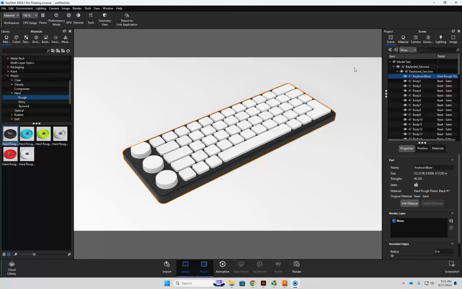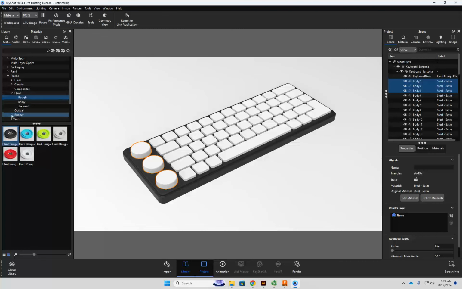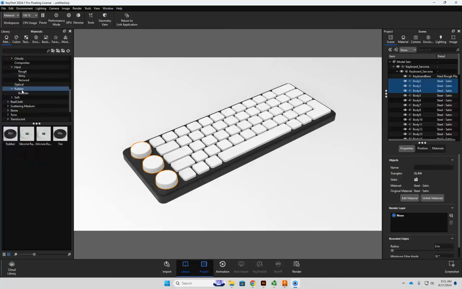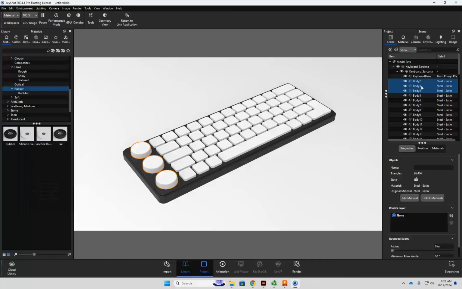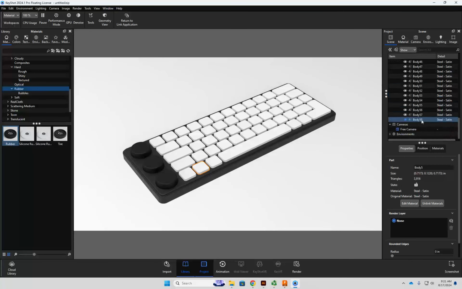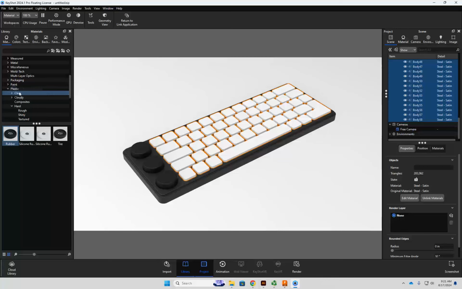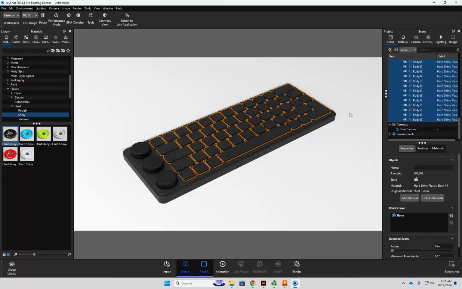Okay. Then I'm going to go to these 3. I'm going to go to a rubber material. And just this regular rubber material, I'm going to make sure I've selected all 3 of these. These are my knobs. I'm going to drag this onto my knobs. And then the keys, I'm going to go with a shiny black plastic. So I'm going to go back up to my plastics again, shiny hard black plastic, and drag this onto the keys. Okay, so now if I deselect,